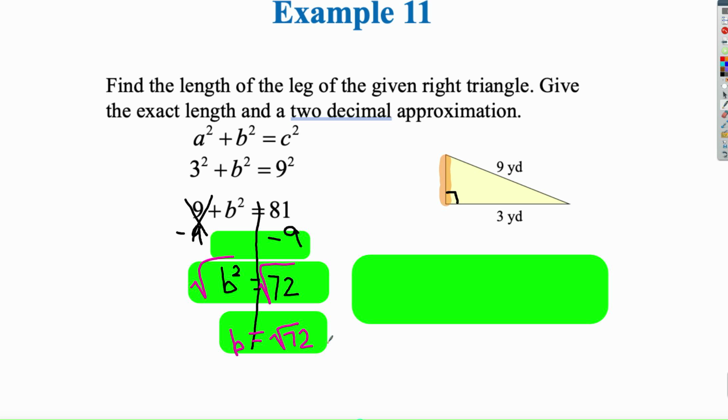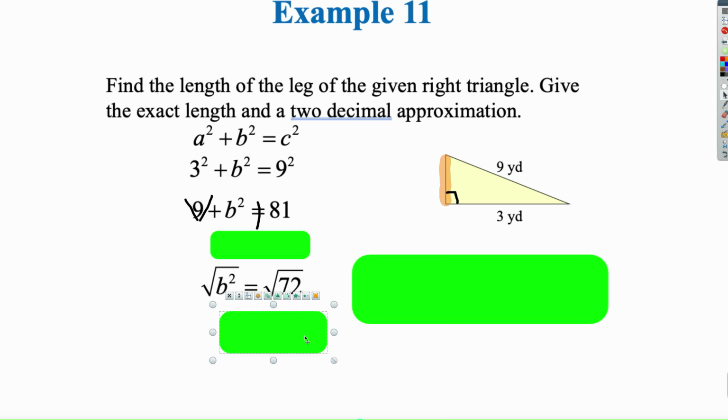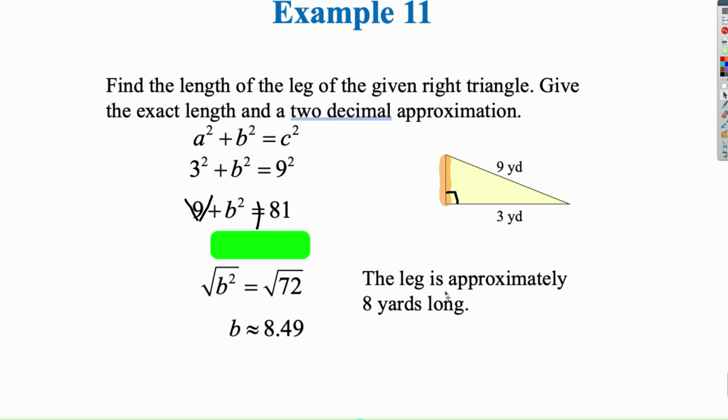And I know the square root of 22 is between 8 and 9, just based off my estimation examples I did earlier. So I would type it in my calculator, and I get approximately 8.49. And here it said give the exact length. So my exact length